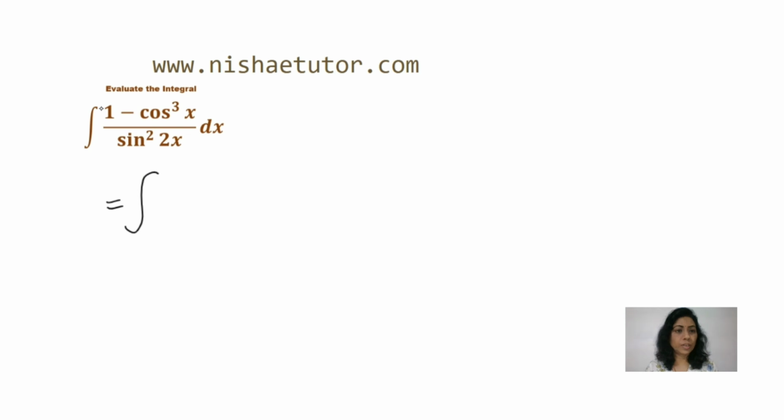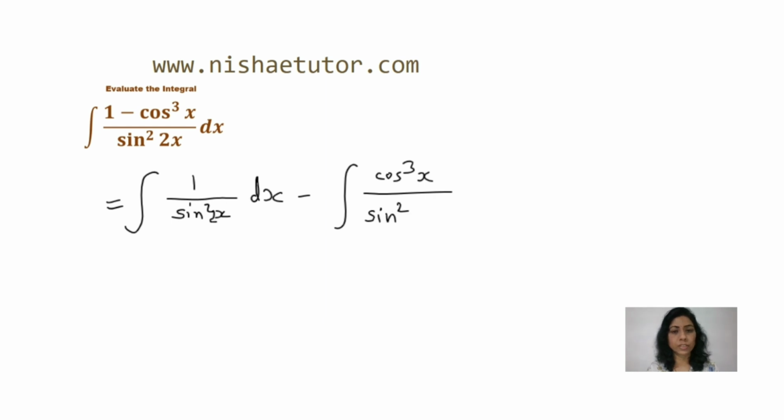We can write separately here integration 1 upon sin square 2x dx minus integration cos cube x divided by sin square 2x dx. I forgot to write the 2 here. Okay, and we know that 1 upon sin x is cosec x, so